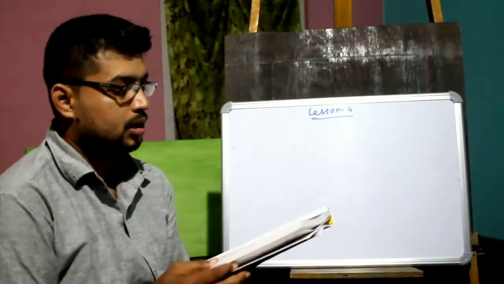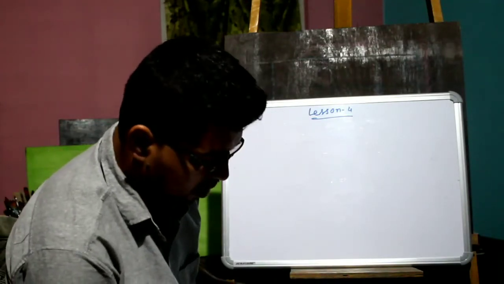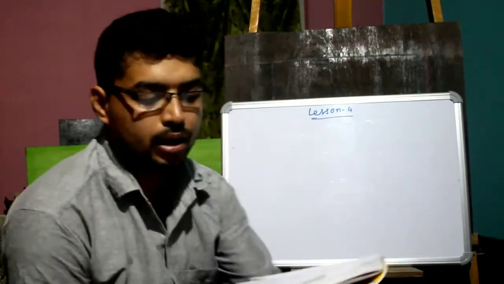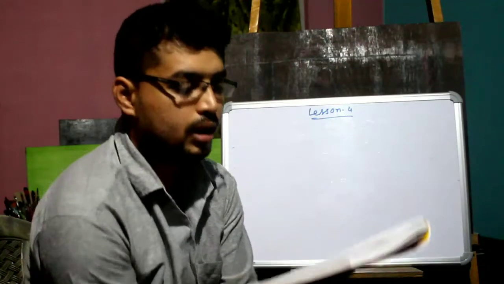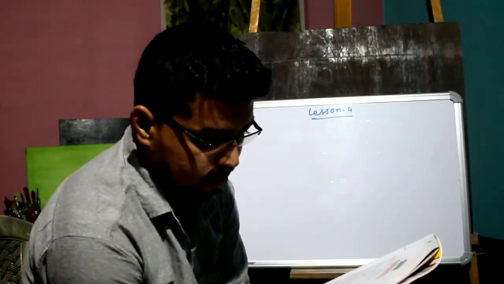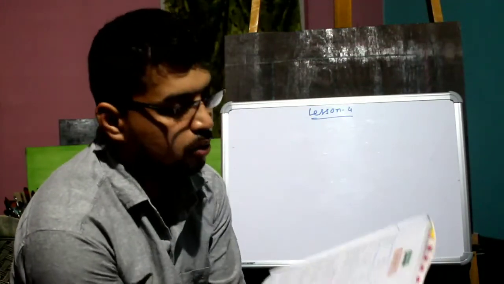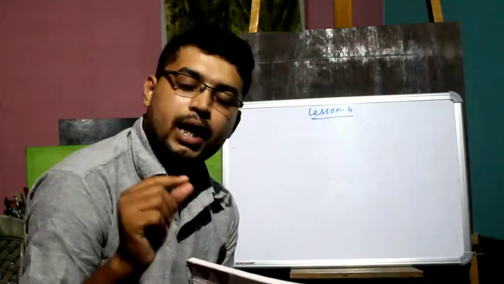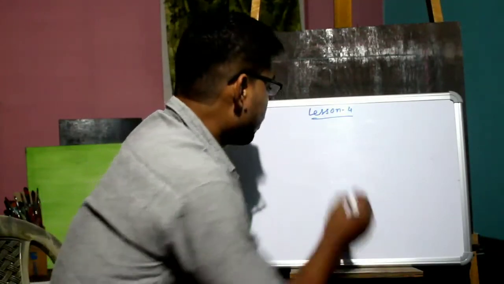Activity 1. Write the numbers vertically and multiply. Number 1, A. How many numbers are there? A, B, C till F. 4921 into 8. So how will we multiply? This is the normal process. The first one is given as the multiplicand, then the multiplier. So we have to find the product. The first one is 4921.